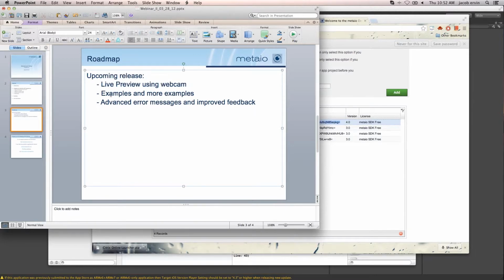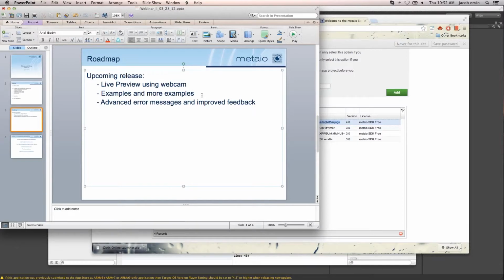While we're on the subject, currently the Metaio SDK has a single example scene, which you saw today. It's kind of what we were using as our framework. The upcoming release has quite a few more, much more detailed examples. So right now it's just a model and a marker. The upcoming ones are a lot more detailed and will really help explain a lot of the common